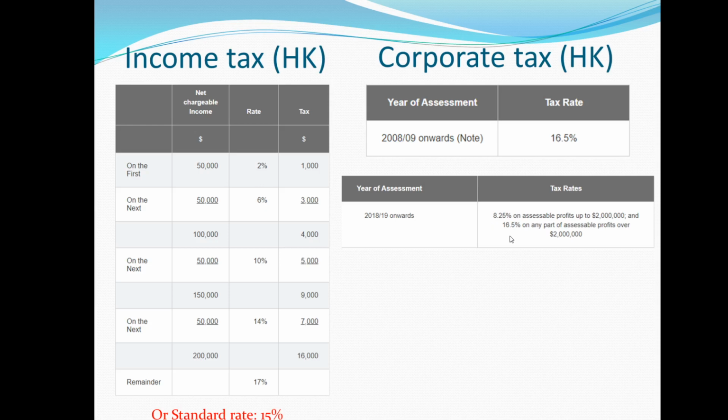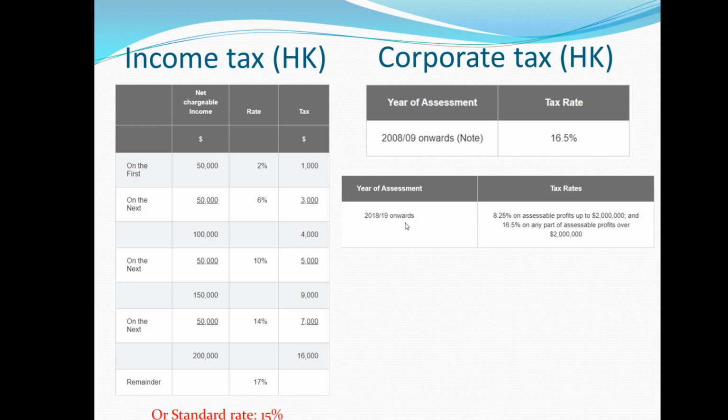Of course. Look, you think the government is that stupid? Of course not. Of course there will be some conditions that you have to fulfill in order to use the scheme below. Because otherwise it's nonsense. If there are two schemes here, and one of them obviously gives you the advantage, then what's the point of having the one above? So there will be some conditions that you have to fulfill in order to use the scheme here.